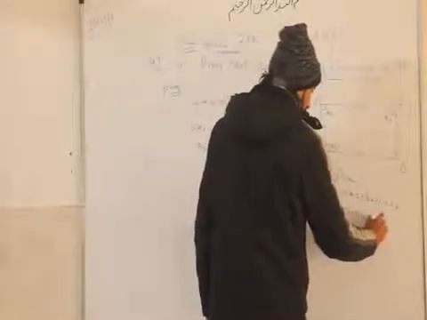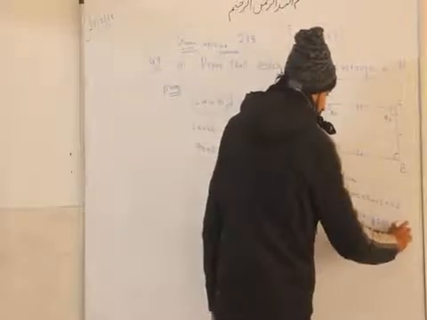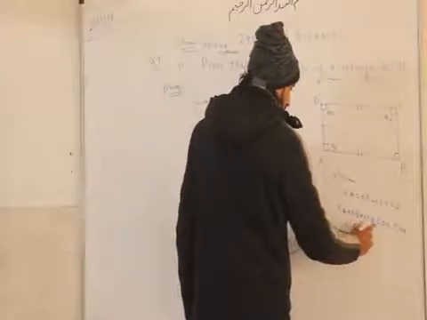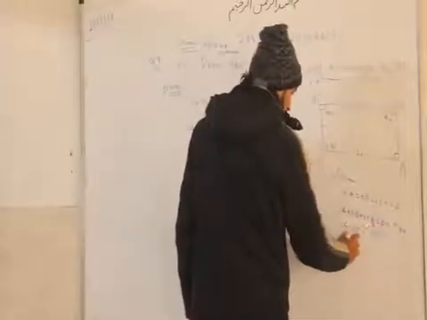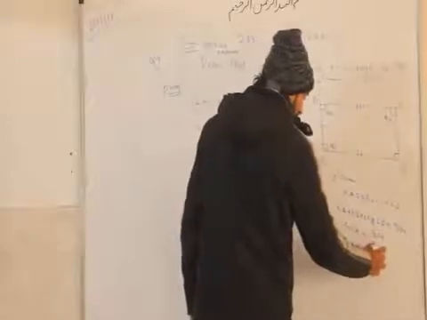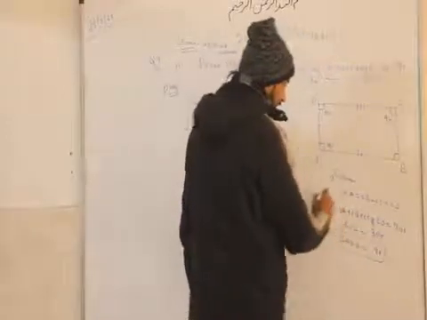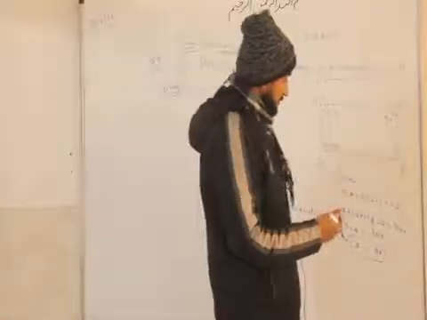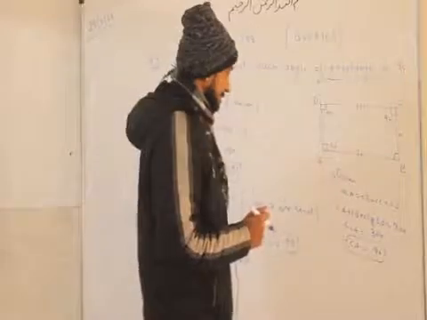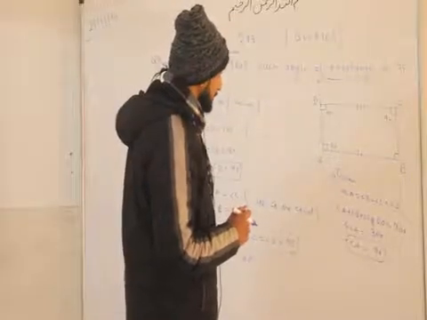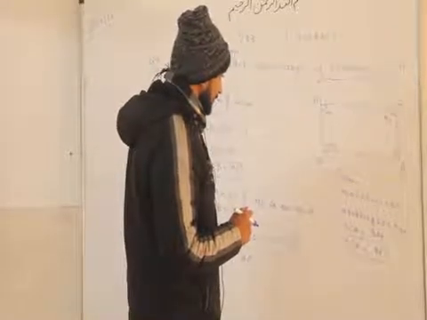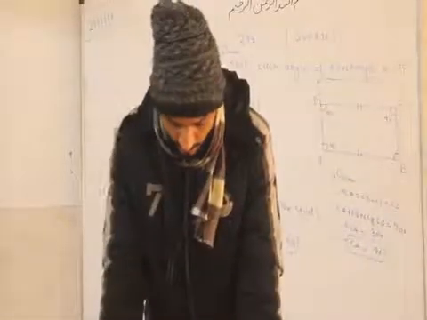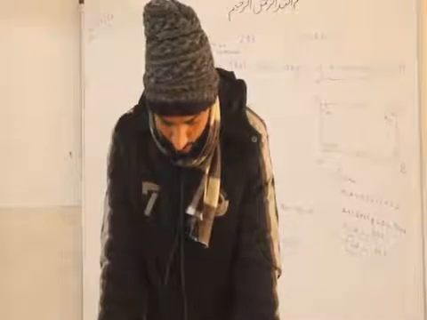So we know that the sum of all the angles of a quadrilateral must be equal to 360 degrees, right? So we can write 360 degrees, and all are equal, so we can take 4 times any one angle. So that one angle is coming 90 degrees. It means that all angles are equal. So this is the first condition for that. If the angles of a quadrilateral are equal, prove that it's a rectangle.